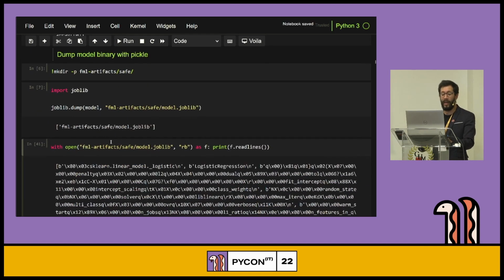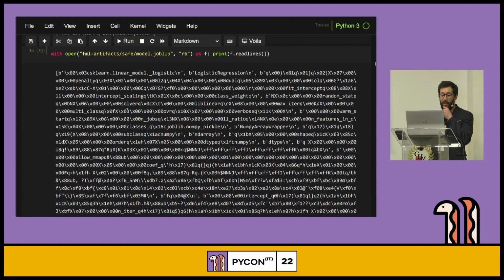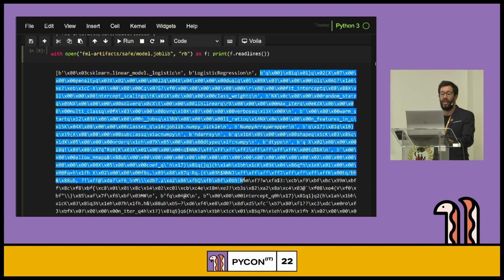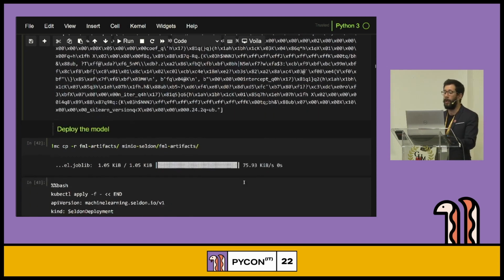If we actually have a look at what's inside of that pickle, even though it's a lot of gibberish, we can see there are some things we can understand. This is telling us that it needs the module from scikit-learn on the logistic submodule. It wants to use the logistic regression class, and it wants to initialize it with this input. So that's basically what we can see from our specific model.